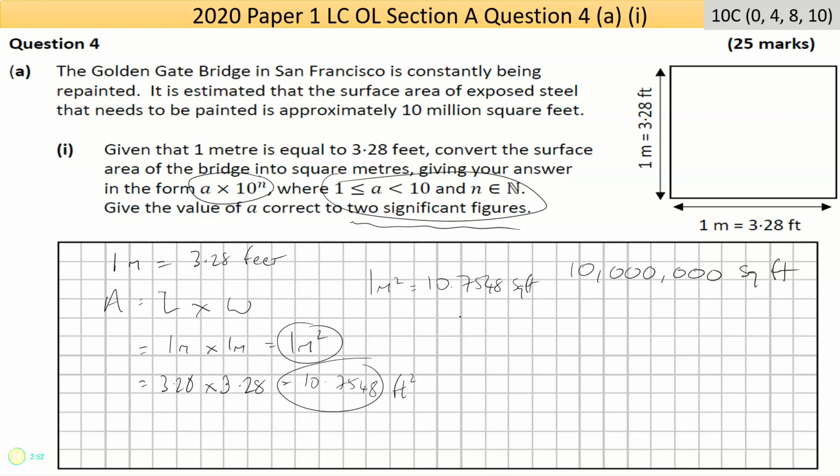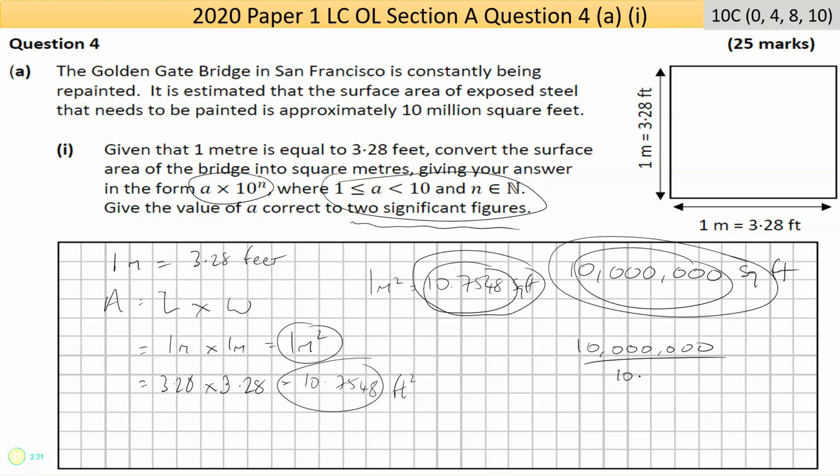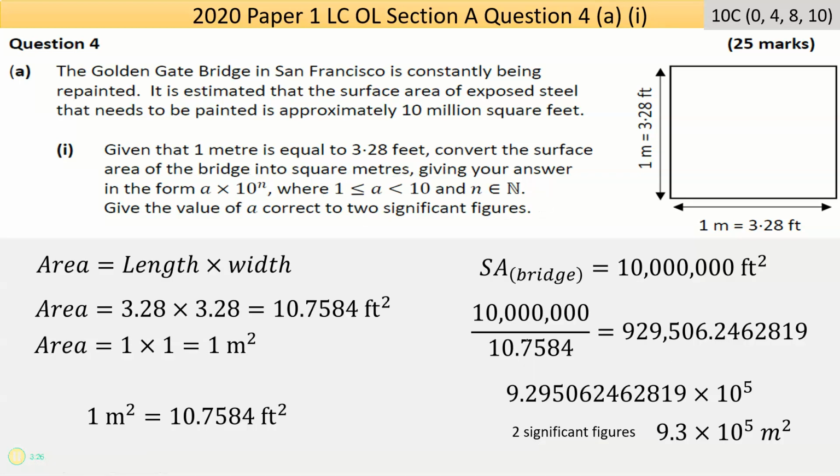Now we're being asked here to find the area of the bridge in square meters, not in square feet. So we have what 1 meter squared is in square feet, and we do have the actual area of the entire San Francisco Bridge. So we're kind of asking, how many of these in this? And if you make that leap, you're practically finished. So what's 10 million divided by 10.7548? Now I'm going to go to the answer on the next page, because I have it done out here. And I got this